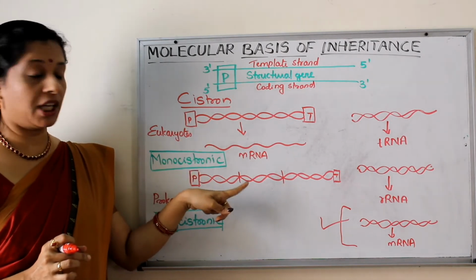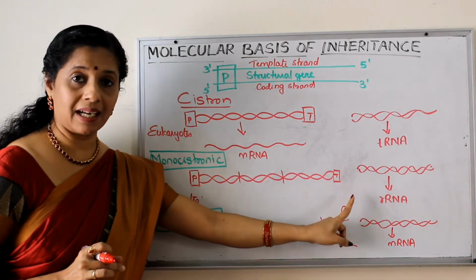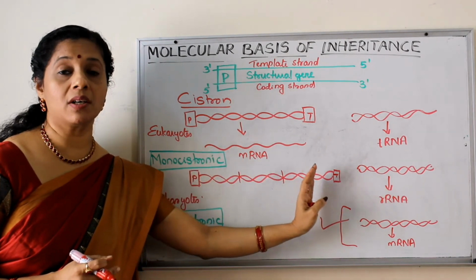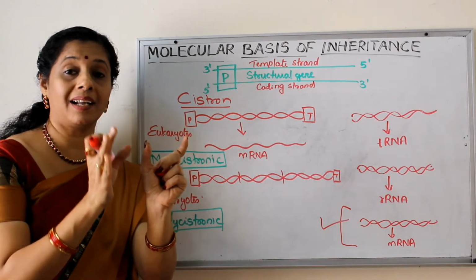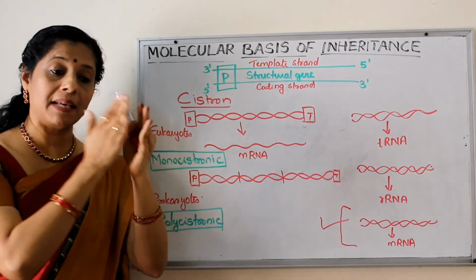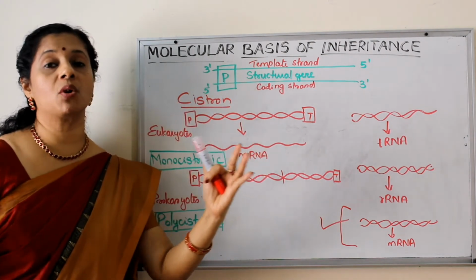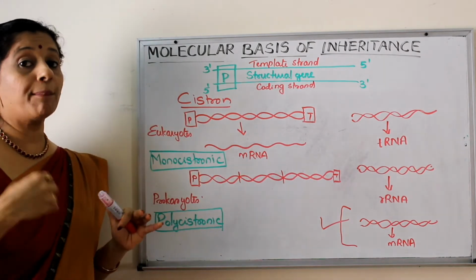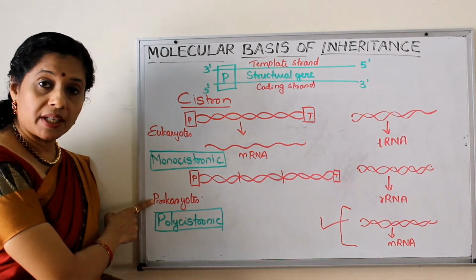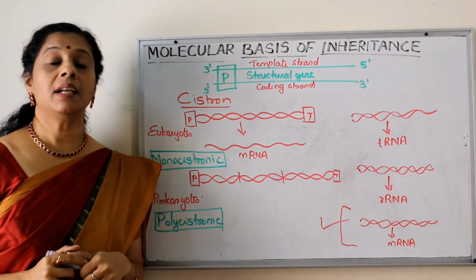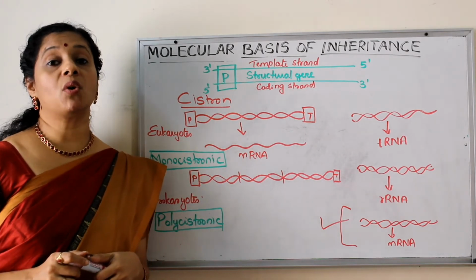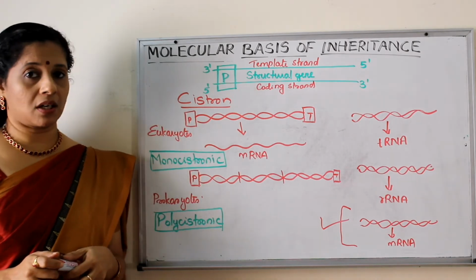Whereas when we come to prokaryotes, within a promoter and a terminator, different cistrons are kept because they cannot have one promoter and terminator for each cistron. They are very simple. So many genes or many cistrons are flanked between one promoter and one terminator site. So it is called poly. Many means what? Poly. Polycistronic. You can remember P for P. Polycistronic is present in prokaryotes, monocistronic in eukaryotes. So this is an important differentiating question for you. Differentiate between polycistronic and monocistronic structural gene.